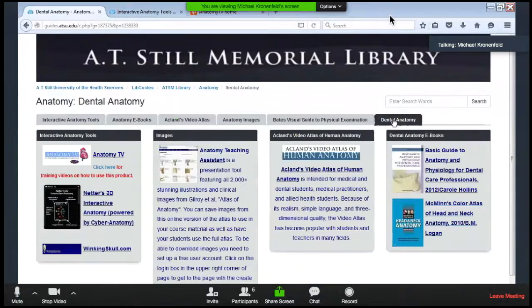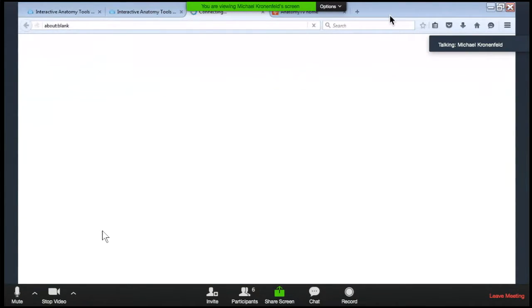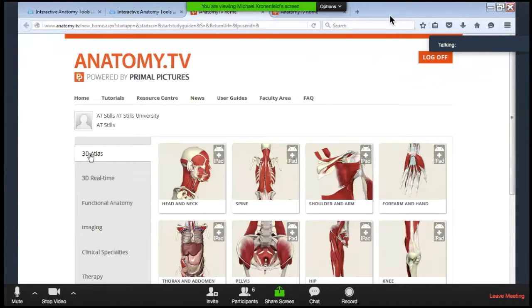Then we have links to some resources that we think would be of particular relevance in the dental programs. Now, when you go into it, the one I was going to show you is Anatomy TV. One thing about Anatomy TV: if you do the 3D option, I'm going to show you, that does not work on Chrome. But we have a number of different